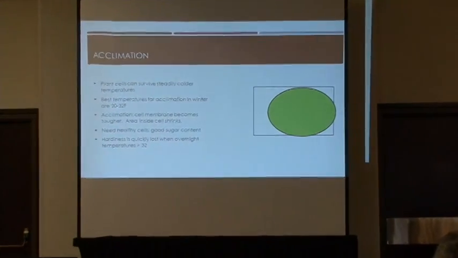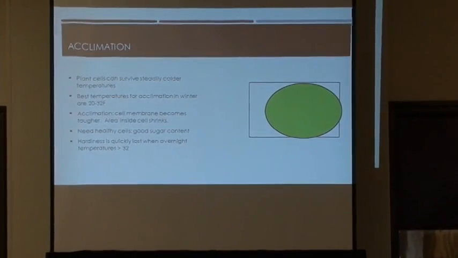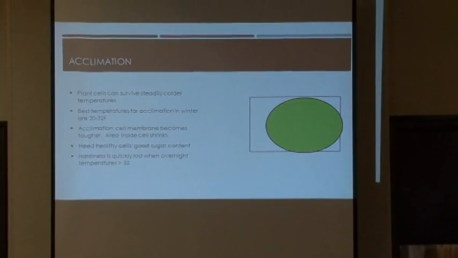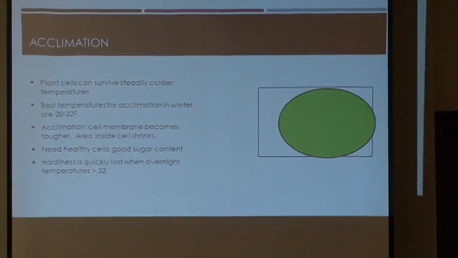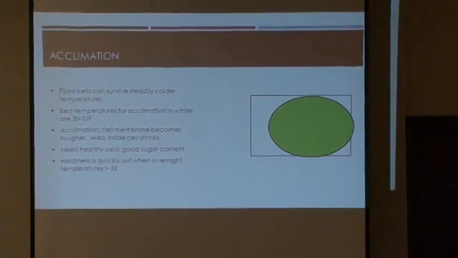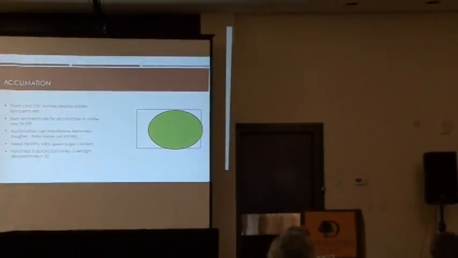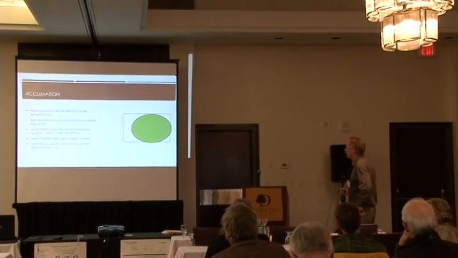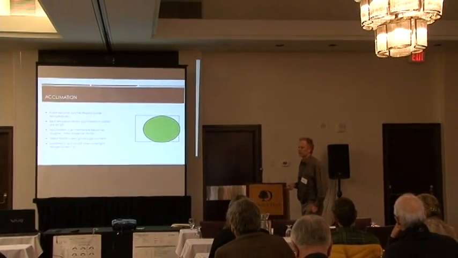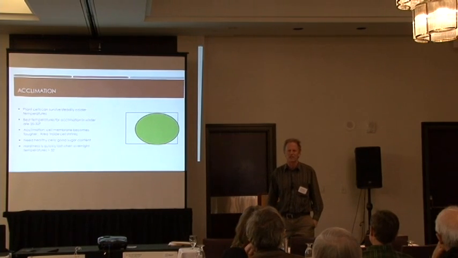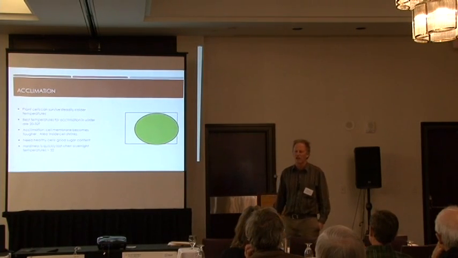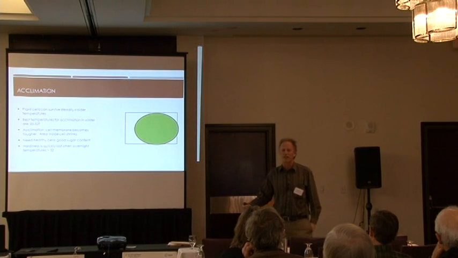so that's acclimation. And one of the critical things with acclimation is if the overnight temperature is above 32, if it's above freezing, that's when we start to get really significant deacclimation in the winter. That's one of the things I've observed over the years, that nighttime temperature. It can be 50 degrees. That's not a big deal, but you get 2 or 3 nights above freezing, and then everything becomes a lot